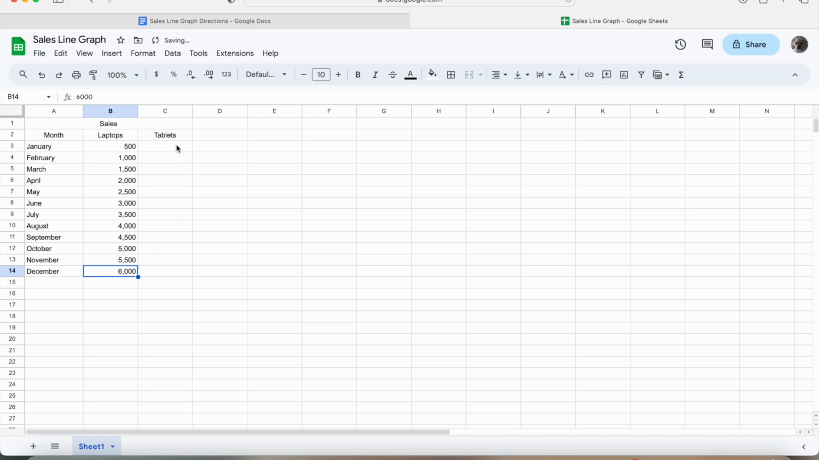We're going to do the exact same thing for tablets. So for January, we start off with 1,000. Then in February, we have 2,000. And then if we select the 1,000 and 2,000, drag it all the way down to December, it will continue that same exact pattern. Now that all of the data has been entered, we are ready to create our line